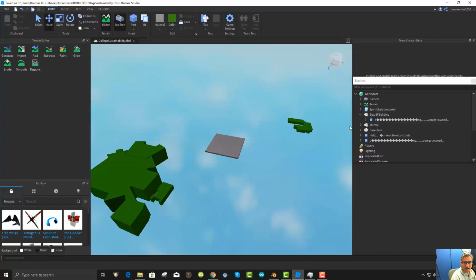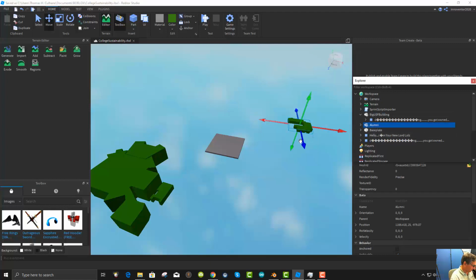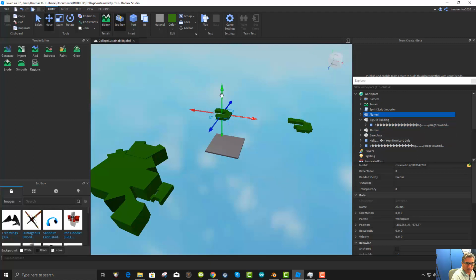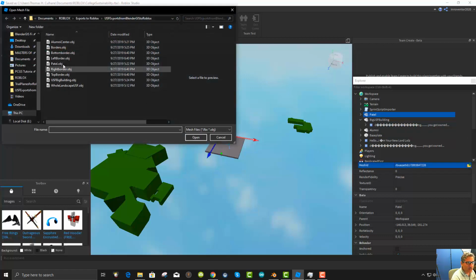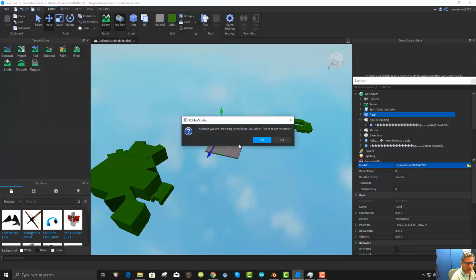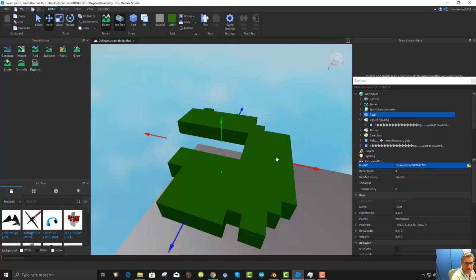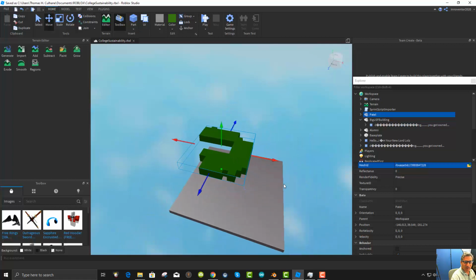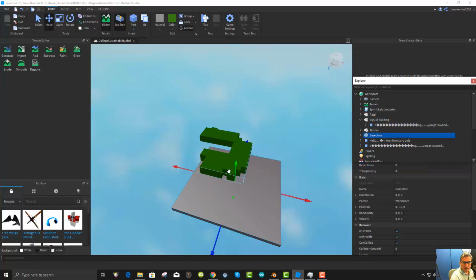So I'm going to take the Alumni Center that I've just done, and I'm going to go Control D and make another Alumni Center. And again, it shouldn't matter where I put this. When I click on this other new Alumni Center and call it Patel, then the Patel is supposed to come in if I hit Mesh ID and go to Patel. Now, it did come in this time. Look at that. So now, if I go back to the base plate,